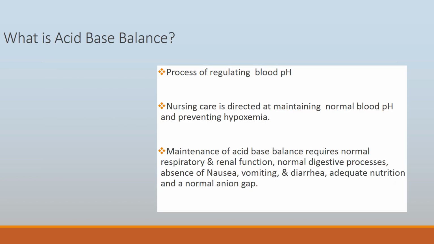Okay, so that brings us to acid-base balance, and I think students have really understood this, but anyway, there are three components to the acid-base balance. There's the pH, the CO2, and the bicarb. The biggest thing that you want to make sure that you understand about acid-base balance is that the two systems of the body that are most valuable for regulation are the respiratory and the renal functioning. So if there are any alterations in the respiratory or renal, we're more than likely going to see an alteration in our acid-base balance.